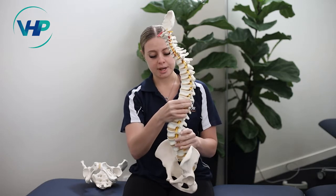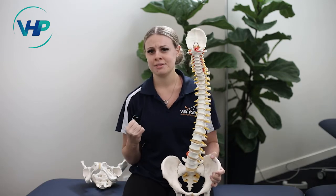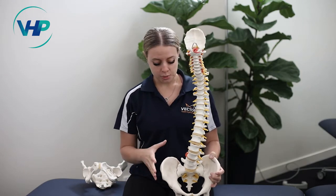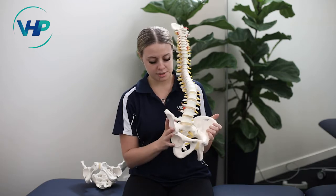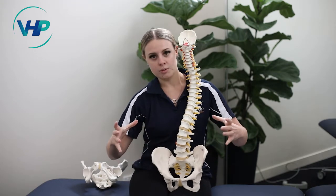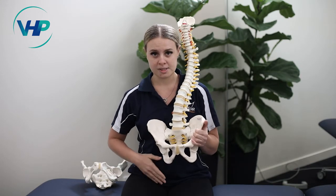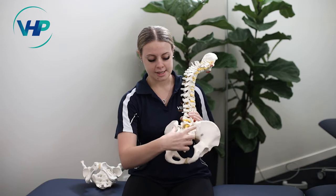Alright, another change with pregnancy is that you get increased laxity within your joints. All those lovely hormones start raging through your body, starting to prepare you for birth. The laxity means loosening of the ligaments. You have ligaments at the front here in your pelvis, and you have ligaments through the back. With that, your pelvis starts widening, and you can get discomfort through the front, which is your pubic symphysis. People might know it as lightning crotch if they get pain there,